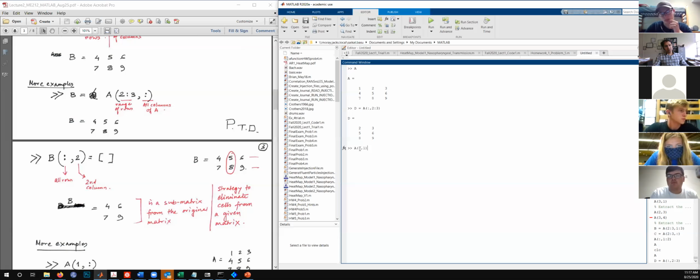So A colon means all the rows, and 1 is the only information that I'm supplying MATLAB in terms of the column number. So what should be the output like? The entire first column. That's the first column. Right. But now if I do something like this, A